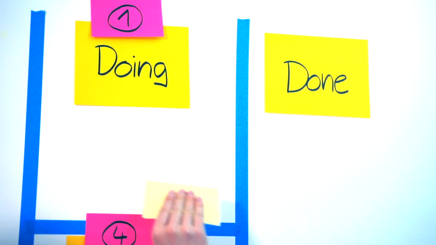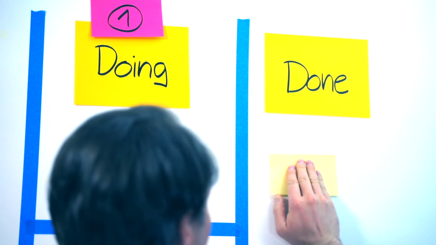The last one is the done column. Here you put all stickies that you have finished completely. How does that Kanban board now solve our problems? The first problem was the lack of discipline. If you know exactly what you want to do today, if you have visualized that work, it will be much easier to get going. Clear goal setting is the first step to manage your day efficiently.